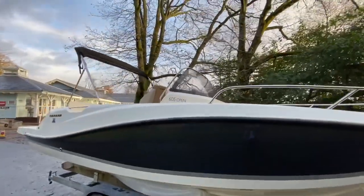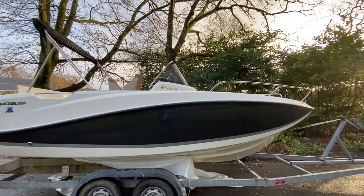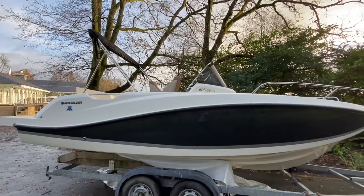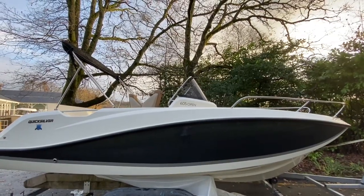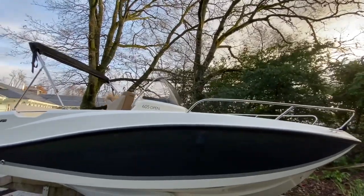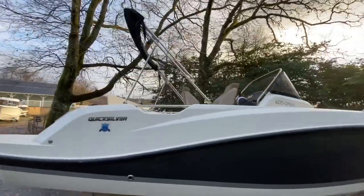My name's Ruben Mercer, I'm the sales manager here at Marine Sales Scotland. Delighted today to present to you a brand new Quicksilver 605 Open. So this boat is just over 19 feet in length, designed for comfort and functionality in mind. Now it can do up to 7 people for a day on the water. Comes with the latest style instruments, comes with the smart pack, and also